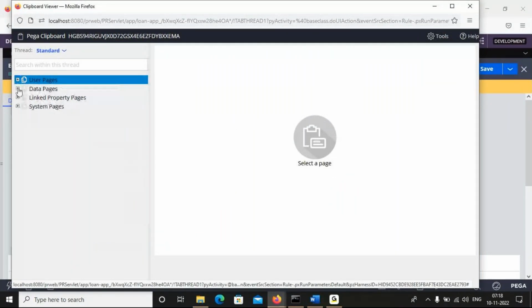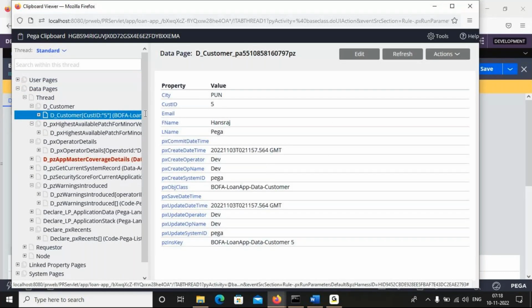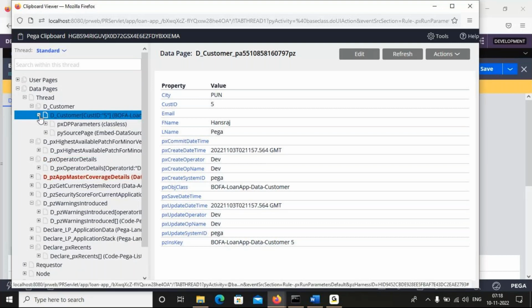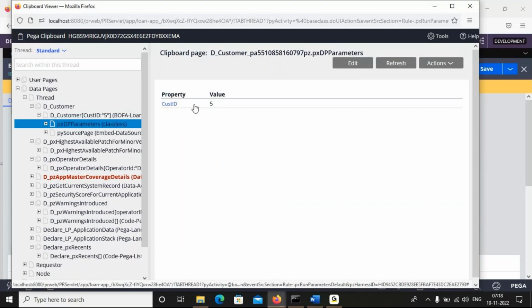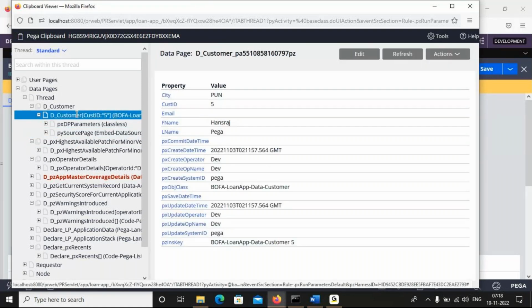The data will come in this place. See the single record. When you are passing here, if you expand, this is the parameter I passed. So I got the output. By passing this input, I got this output.